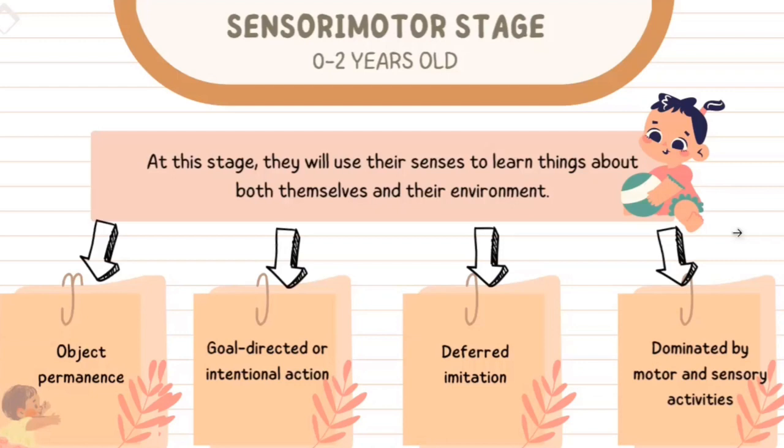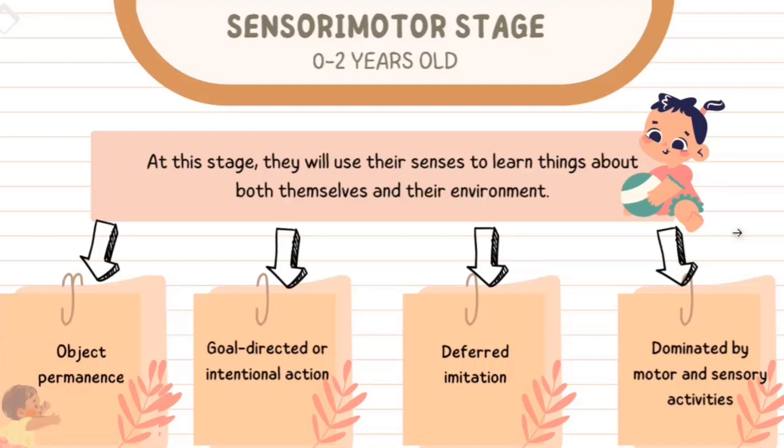Okay, so for example, as you can see from the Piaget video that we have shown, the infant quickly lifts the cloth that is covering the ladybug toy because he knew that the toy is there. So yeah, that is the example of object permanence. So next is goal-directed or intentional action. Goal-directed or intentional action is an action that is done with purpose or something to achieve. So that means that children at this age will do something only to